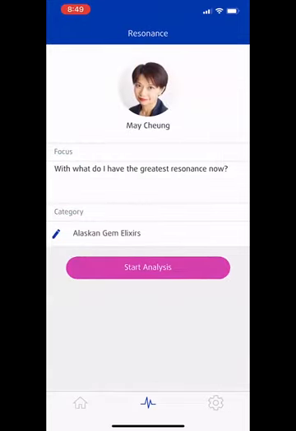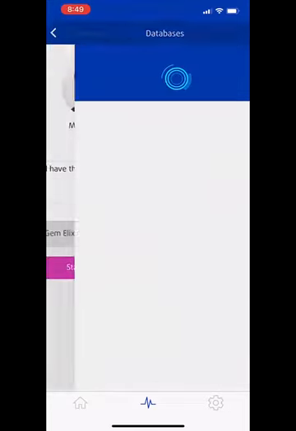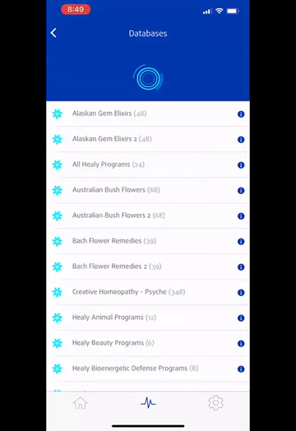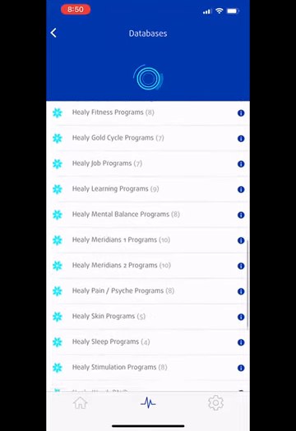I can actually just select the database for crystals and do a scan. It will come up with the top 5 relevant crystals that are important to me. And I can send out the vibration, those frequencies, to enhance my information field. And there's a database of Bach flower remedies, Australian bush flowers, homeopathic remedies, and we have digital